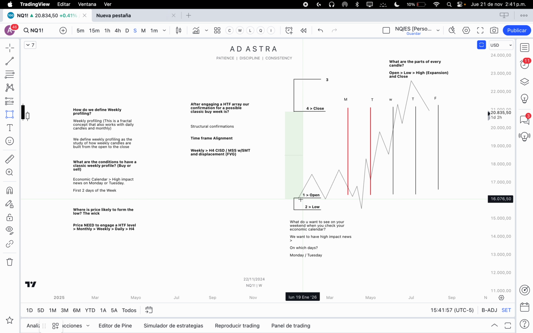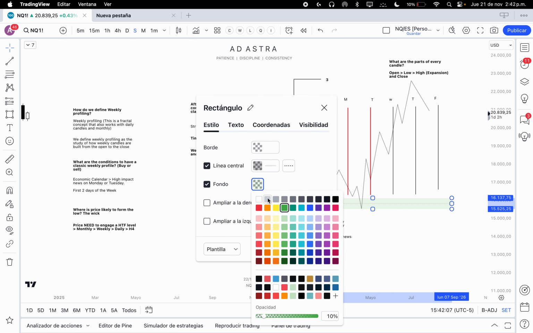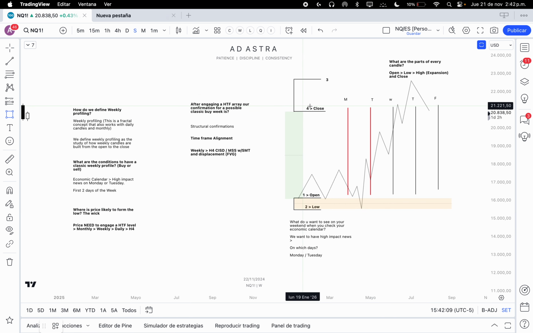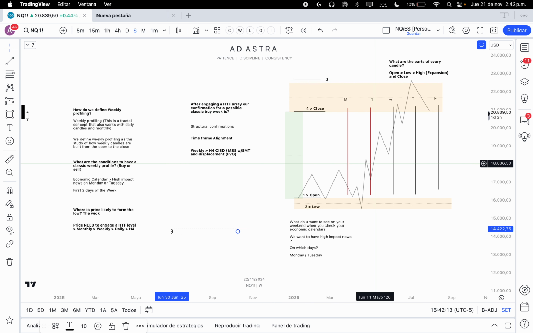What do you want to have below your open? I want you to tell me. What do you want to see below the opening? Price taking a higher time frame array, right? We want to see price tapping a higher time frame array. It's important that you understand that price